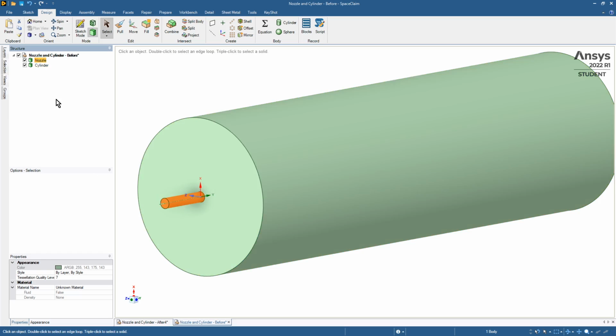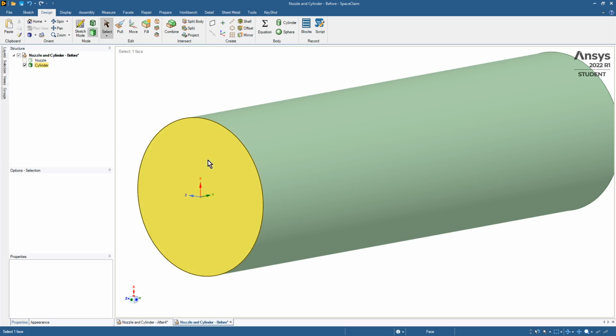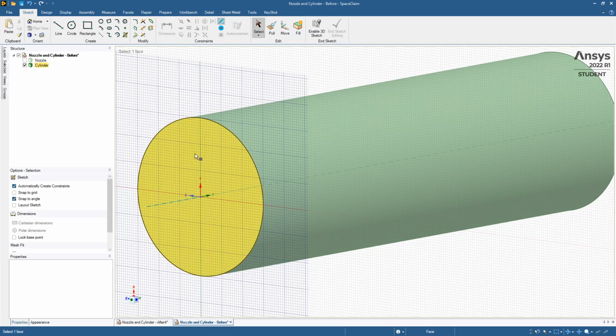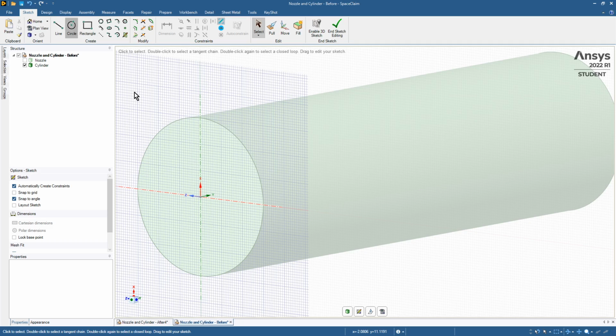What we want to do is split that cylinder up to make a nozzle-shaped piece in the center so that it can carry through from one to the next. And to do that, we're going to use a sketch. We're going to sketch on this. We're going to sketch a circle. The circle is going to be the same dimension, which is 4 millimeters, as what's on that. And when I go back to the select tool, editing the sketch mode,